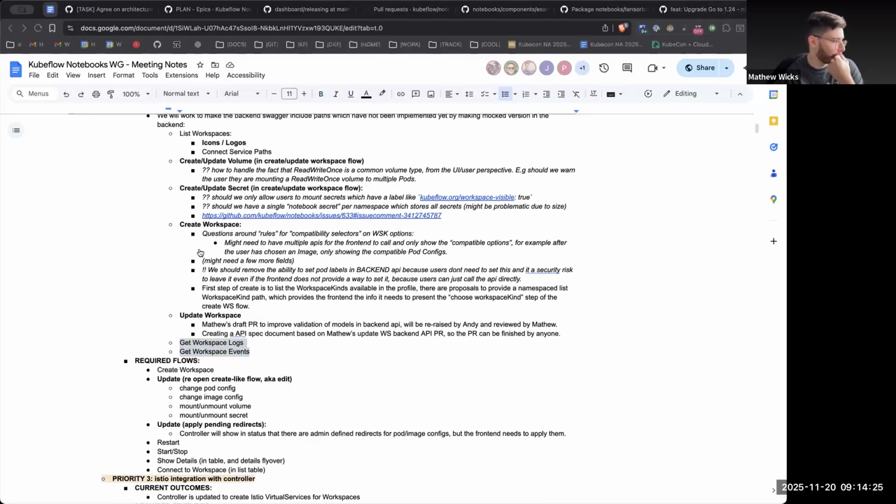The question of what events mean is the biggest one, because the whole point of Notebooks V2 is that we are abstracting away the concept of pods from the user as much as possible. So realistically, pod events probably shouldn't be there. Anything like that probably shouldn't be there, because anything that's a failure on our behalf for not abstracting that as a useful status message, sorry, state message, to the workspace. I don't want the implementation details of how our controller works to have any bearing on the user's experience. Logs, obviously, the user needs to see the logs for their IDE.